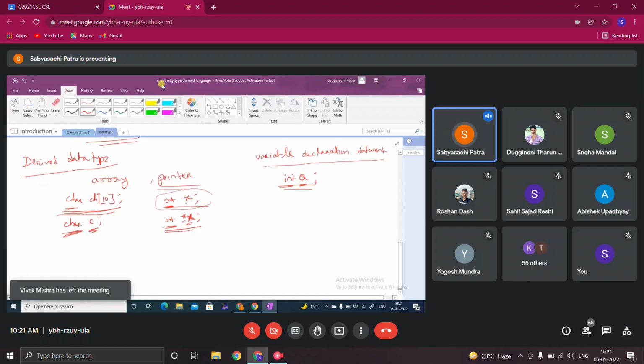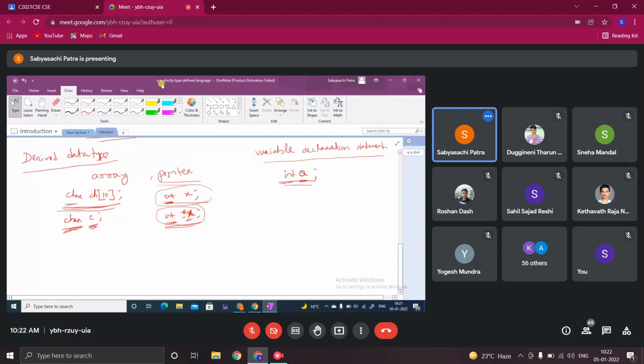So you have the fundamental data type integer, and you can declare a variable of type integer this way. In the same way, you can derive a pointer variable from the integer fundamental data type and declare it this way. An array can similarly be derived from the fundamental data type. So you have integer, character, float, double, and you may have integer pointer, character pointer, float pointer, double pointer. You can derive these from the fundamental types.